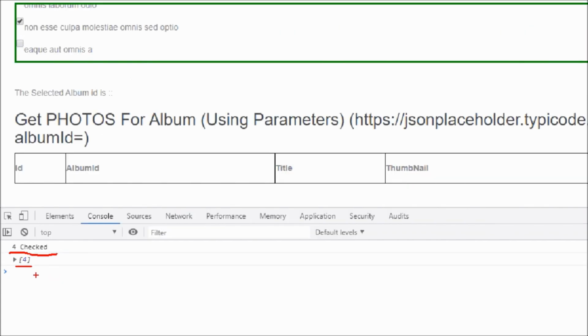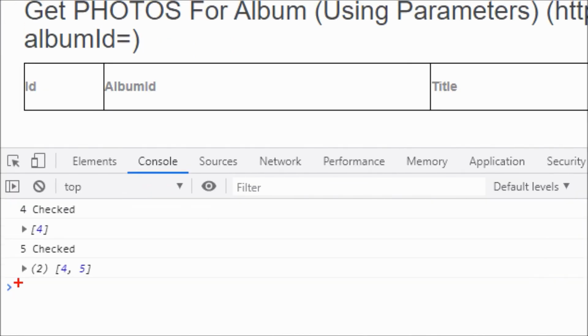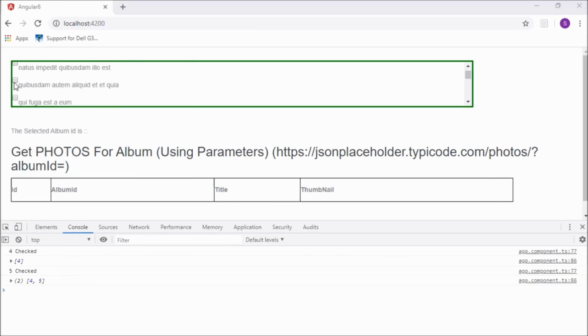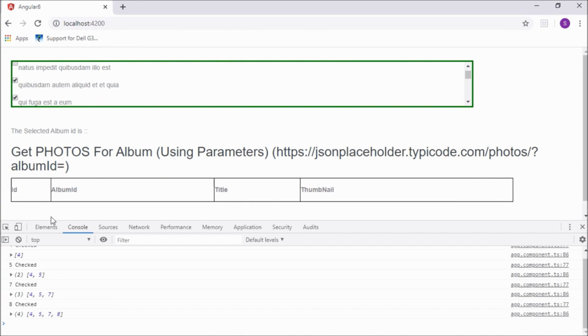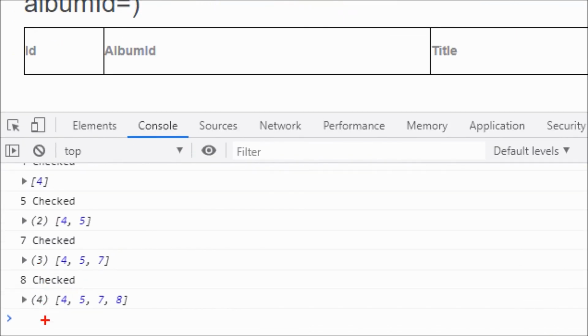Again, if I take the second one, you can see the item ID 5 is checked, and in the array it's 4, 5. Similarly, 7 and 8 are checked, and the array is 4, 5, 7, 8.